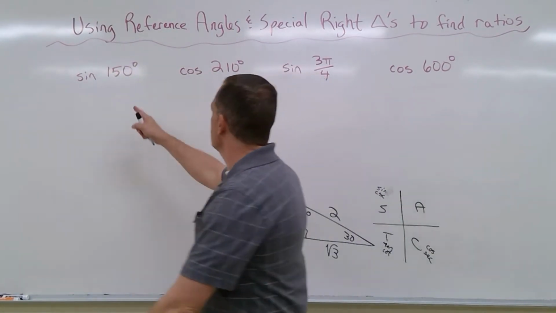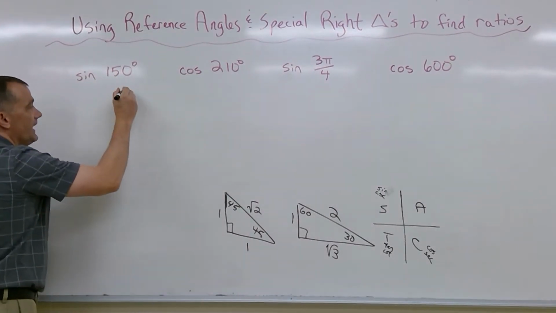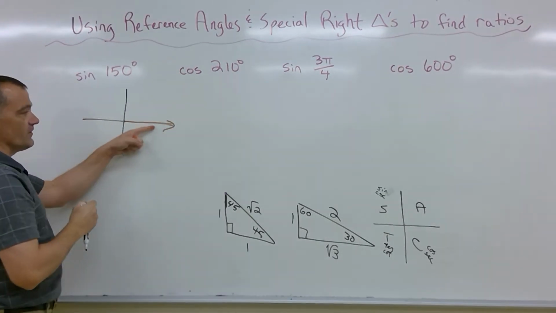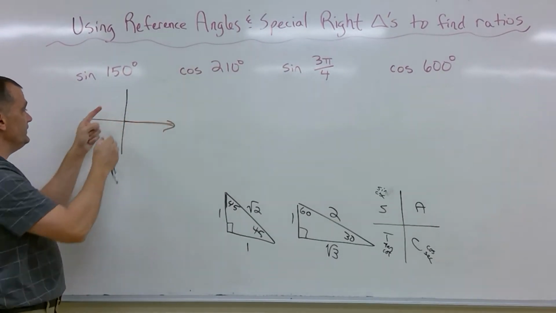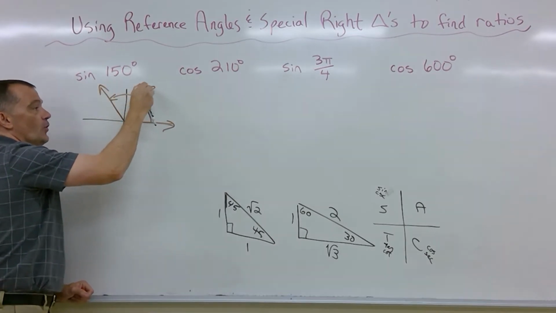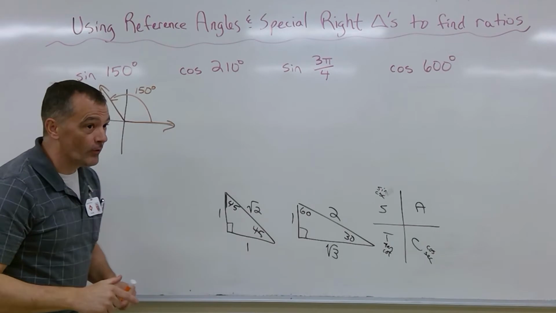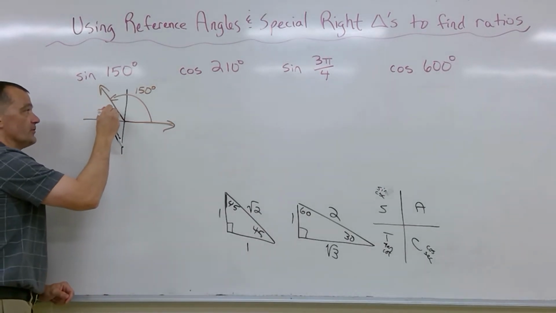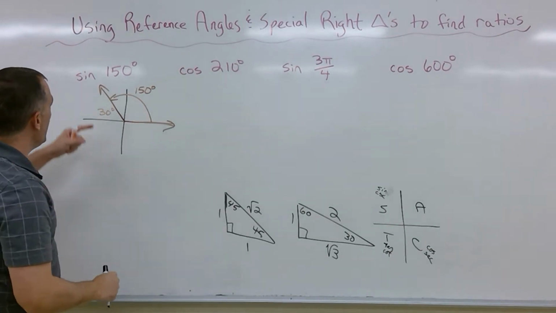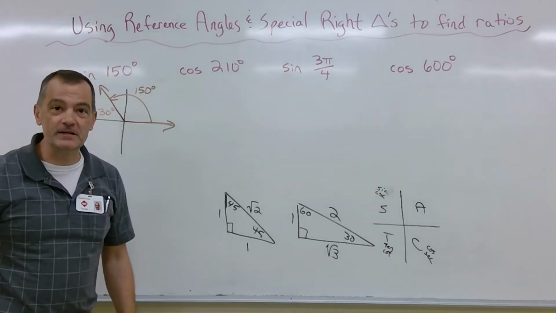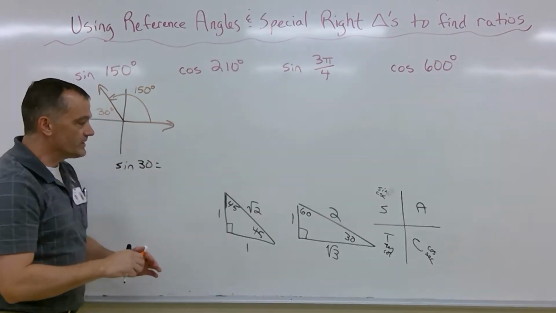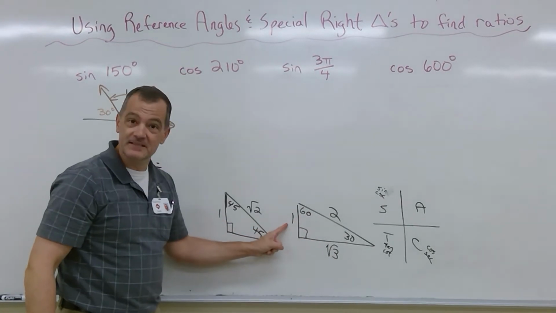Let's do it. So the sine of a 150 degree angle. In other words, it is going to look just like this. We start there with our initial side, and 150 degrees goes just like that. Which means our reference angle is going to be 30 degrees. It's all about getting back to the x-axis. So here's what we do. Instead of finding the sine of 150 degrees, we're going to find the sine of 30 degrees, which is opposite